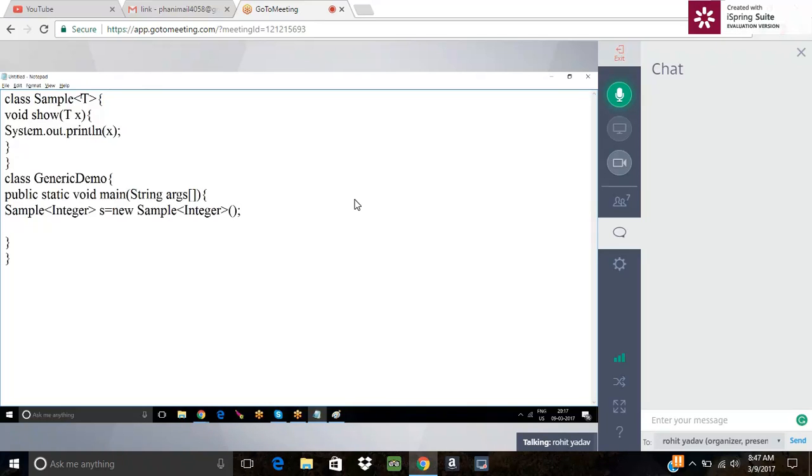These are the two things we required. First is the angular brackets, which indicate the character which is the unknown type. You can't specify that. And next is that the unknown type is replaced with the wrapper class concept. Wrapper class in the sense, for the predefined data type, there is a predefined class, you can say, right? That is the thing. So if I call s.show of 100